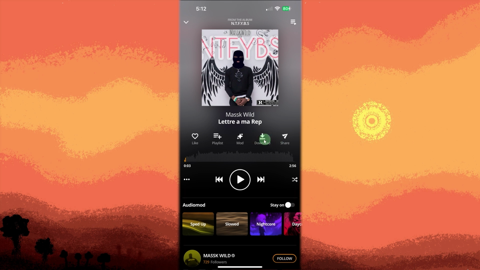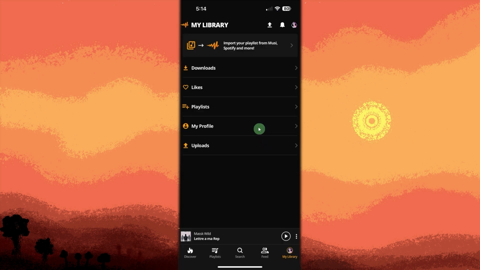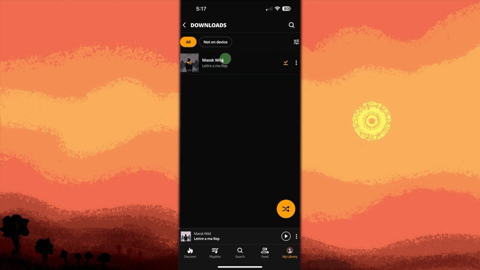Next, access offline music. Now go back, go to My Library on the bottom right corner, go to the download section within the app to find your downloaded music, and once you find it, you can listen to your songs